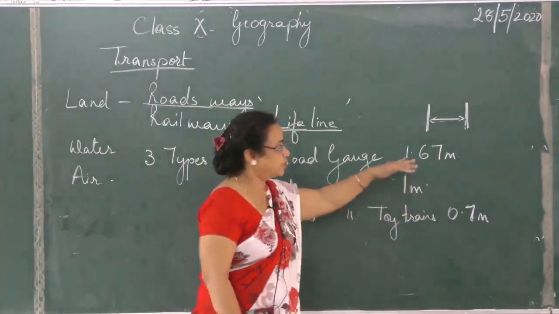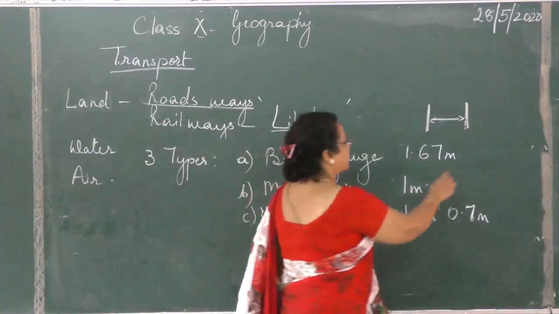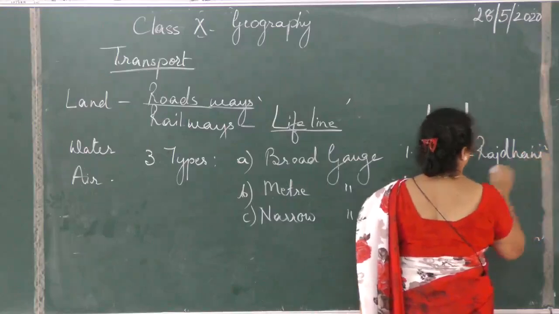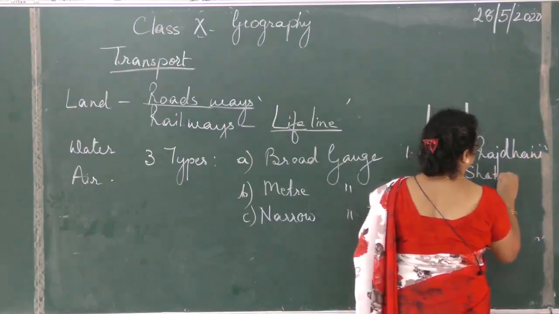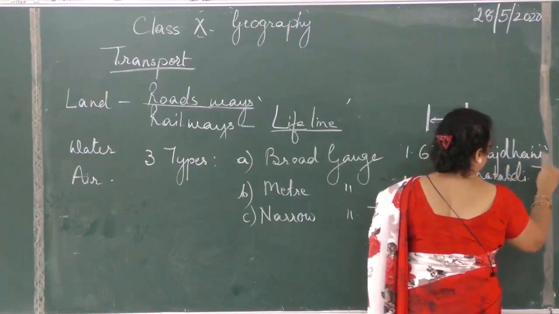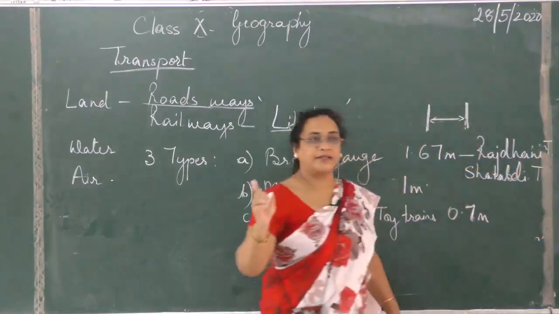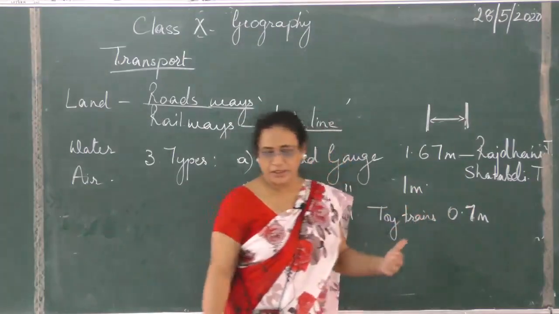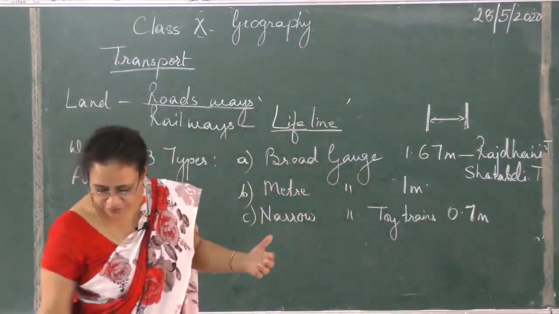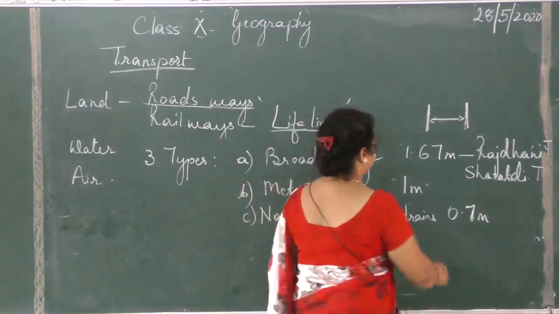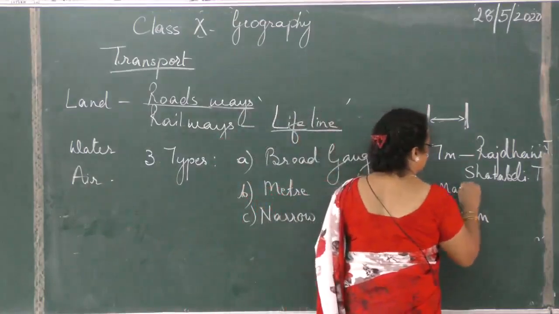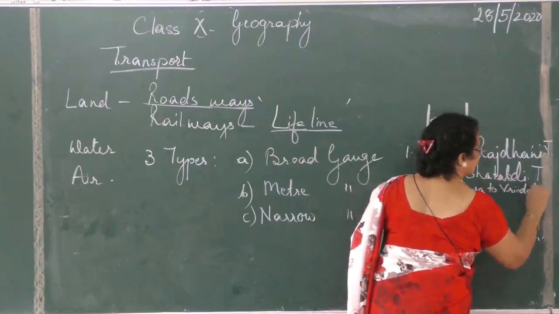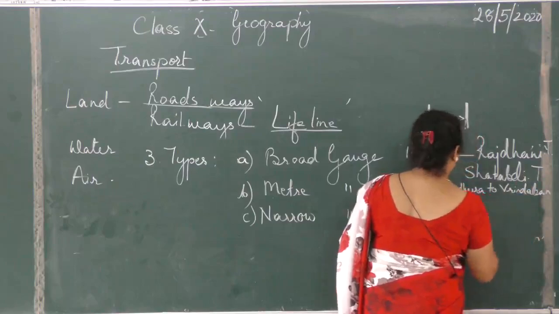I would request you to note down some names. You can write 2 examples here. Rajdhani you can write down for broad gauge. The Rajdhani and the Shatabdi trains. These are the names of the trains. Any other train which you know you can mention, because they do ask examples. Okay, meter gauge, you will write the example which I am giving you. Mathura Junction, Mathura to Vrindavan. This is one example of meter gauge.